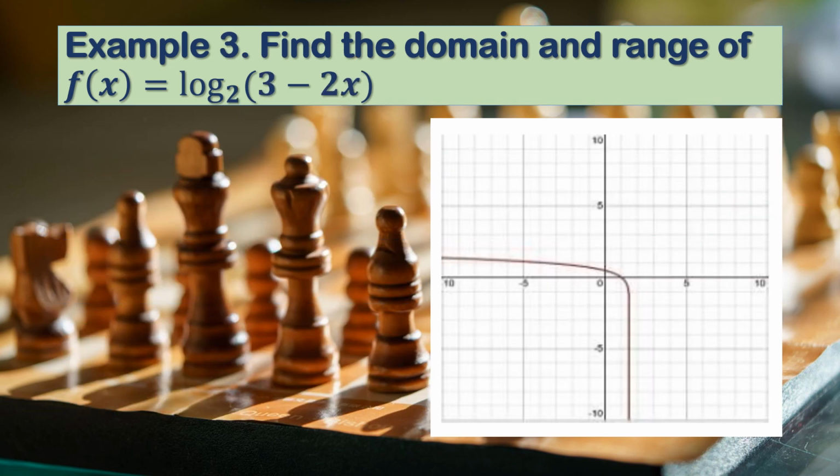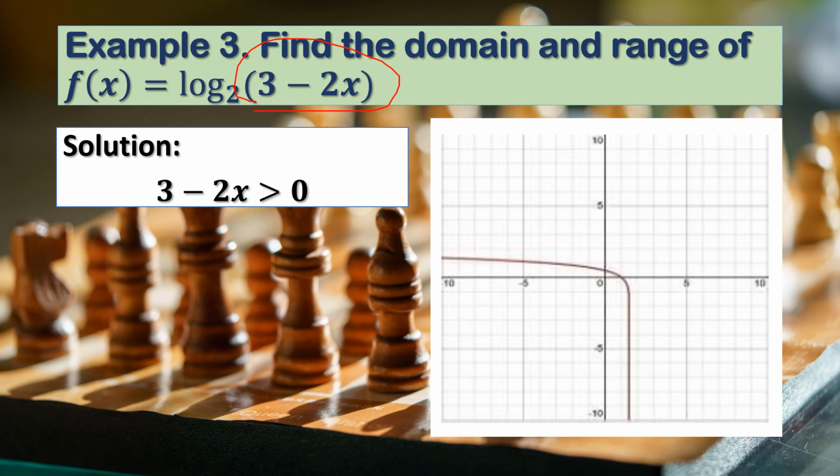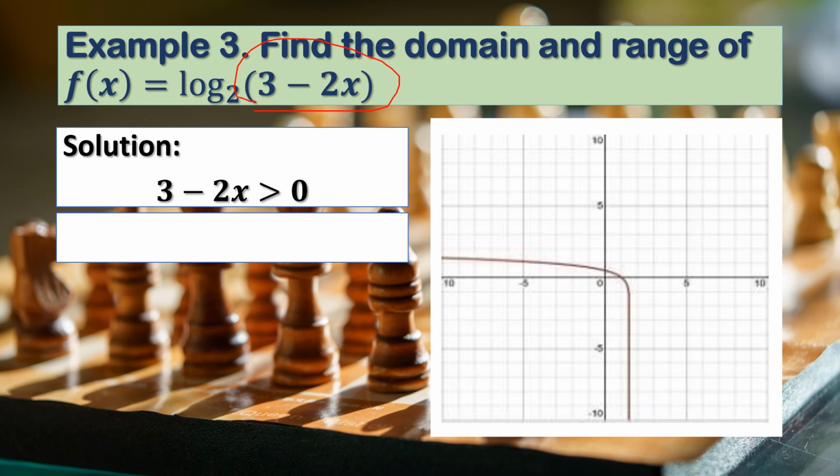Okay, let's have example 3. So, find the domain and range of the function f of x is equal to log of 3 minus 2x with base 2. So, we are going to use this portion, 3 minus 2x, and we are going to set up an inequality showing an argument greater than 0. So, we have 3 minus 2x greater than 0. Then, we are going to solve for x. So, negative 2x is greater than negative 3. So, we are going to divide both sides by